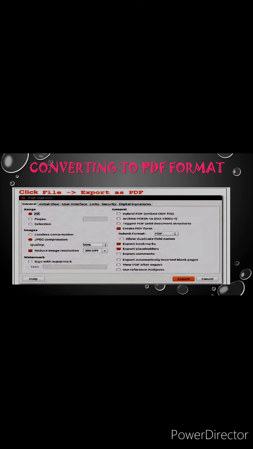Then select create PDF form, then export bookmarks, since we have added the header and footer. After clicking through these options, select Export. The Word document is now converted to PDF format.